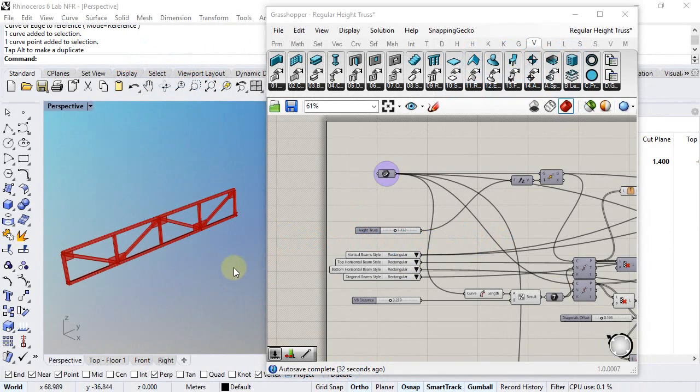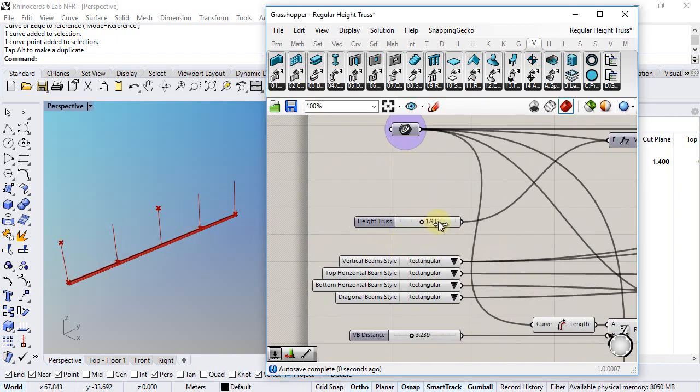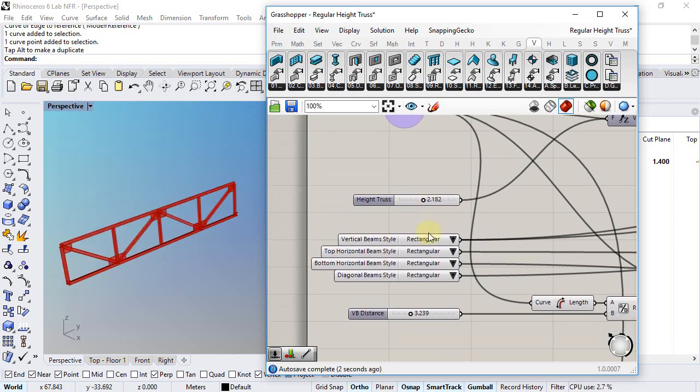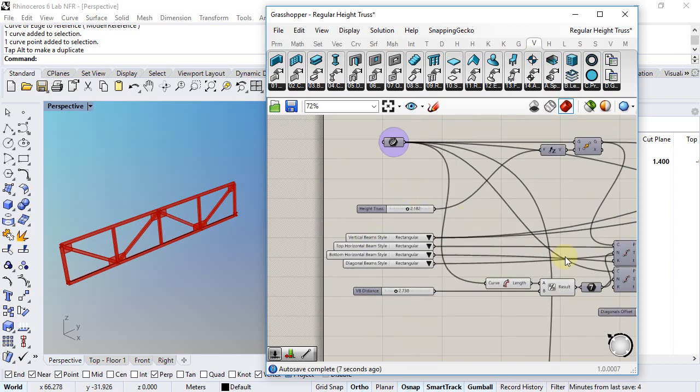Hello, in this video I will show one example of using the Visual Arc Grasshopper styles with a beam object. I have basically created here a definition that generates this truss, so I can control the height of the truss, the vertical beam's distance, or the profiles of each beam. At the end of this definition,